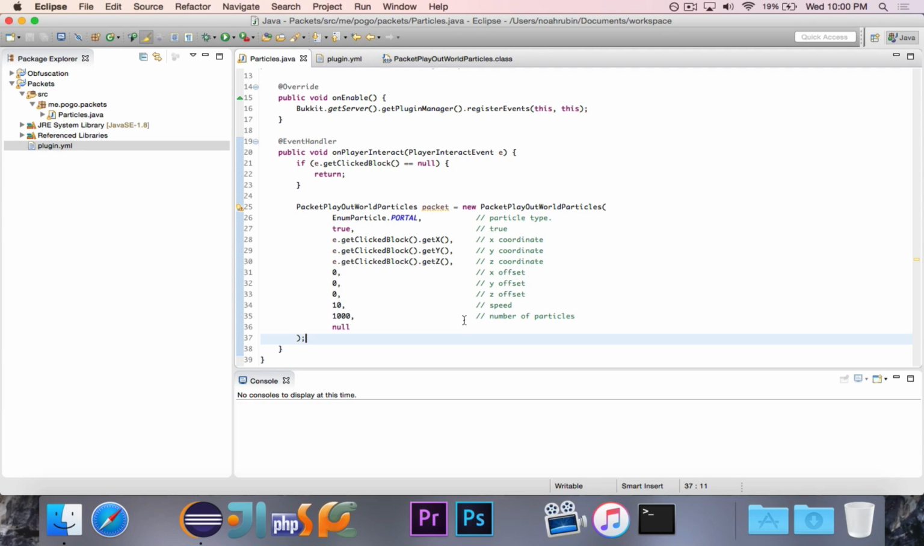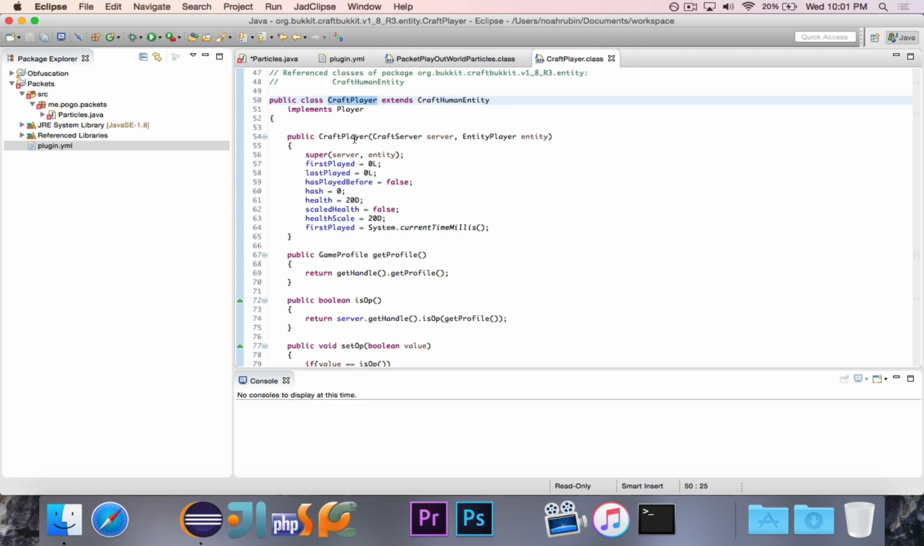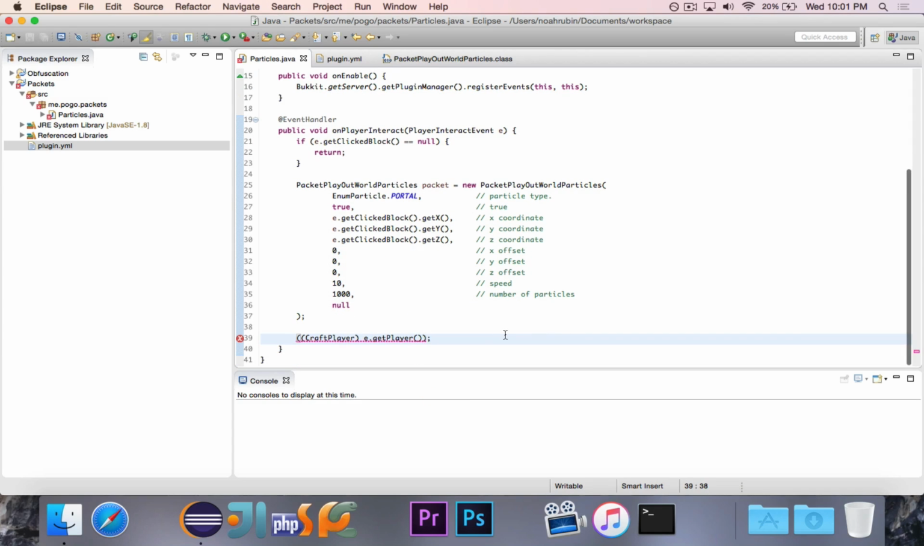Now we need to send the packet to the player. And we're going to do this by, first, we need to cast player to CraftPlayer. And this is a safe cast because CraftPlayer implements Player. So we can safely make this cast since player is a CraftPlayer. And then we need to get access to,